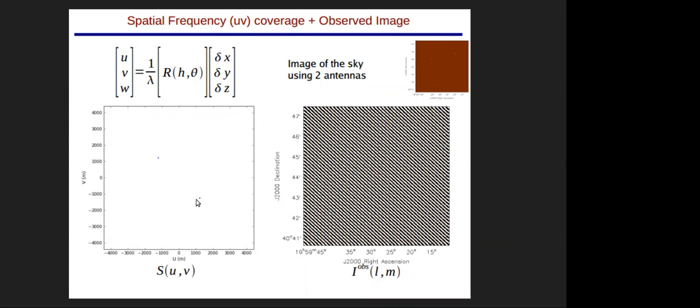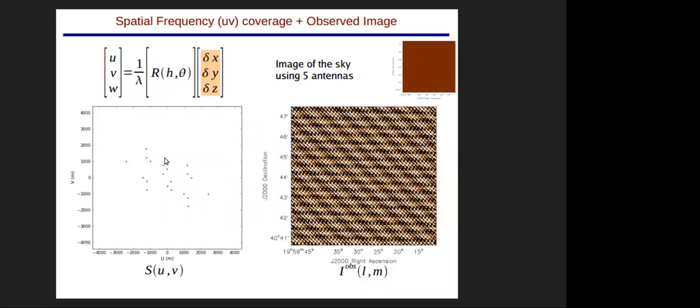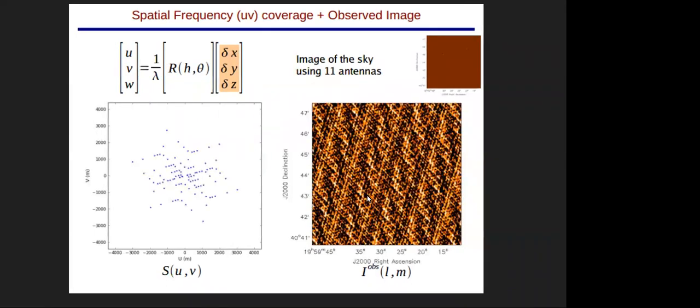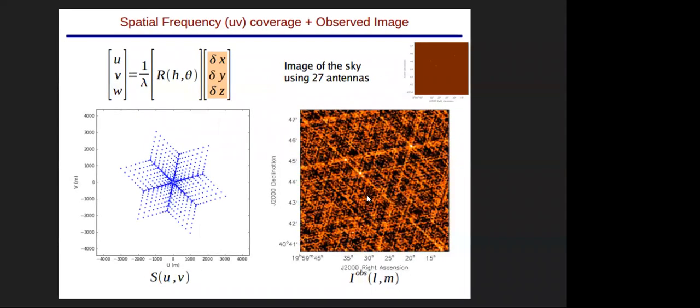So right now we have two antennas, so it will create a fringe pattern like that. You are not able to see the sources right now. Now let us go forward and add more antennas. Now I have added 5 antennas, and you are basically increasing this coordinate system. I am not changing anything here, and so the fringe pattern is now changing. Now I have added 11 antennas and then 27 antennas. This is basically the VLA image.